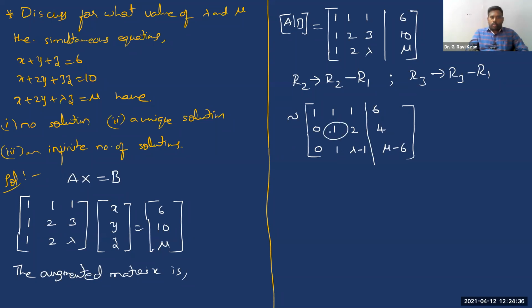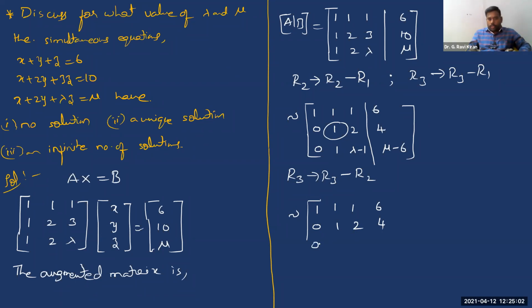Now using this second row, second column 1, I'll make the 1 in the next row as a 0. Right? That can be done with this operation: R3 changes to R3 minus R2. Now with this operation, you'll get this 1, 1, 1, 6. Then the second row, you're actually not changing, so it remains as it is. Now in the third row,